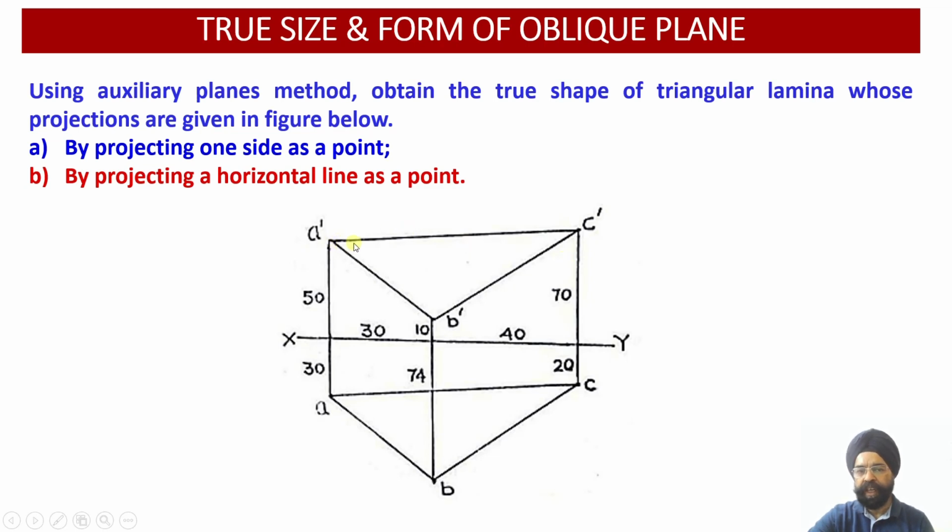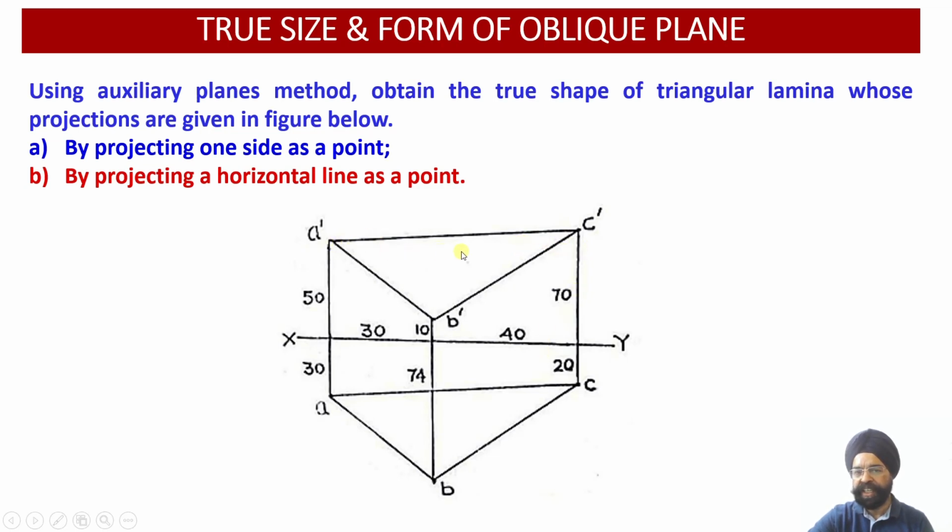If I draw A dash D dash, a straight line parallel to XY, what will happen? This will give me point D dash over here. And where does this point D dash lie? It lies on the line or the edge B dash C dash. So now one point D dash I know on this line, and the special characteristic of this line A dash D dash is that it happens to be parallel to XY.